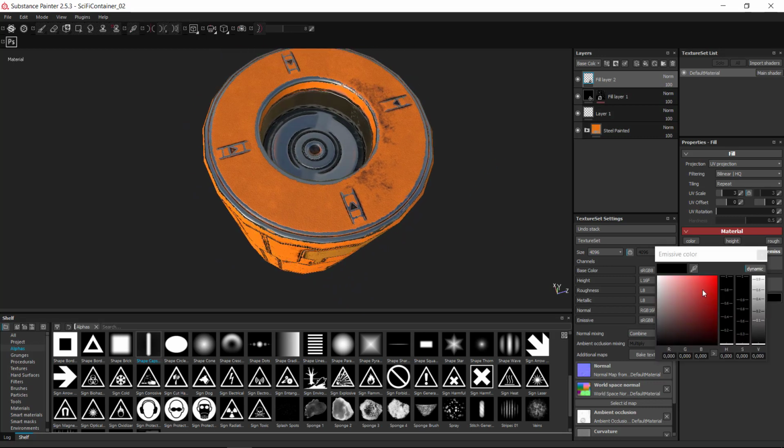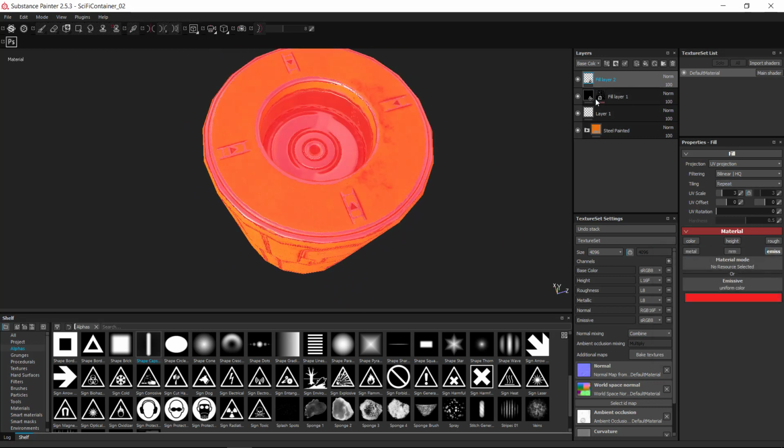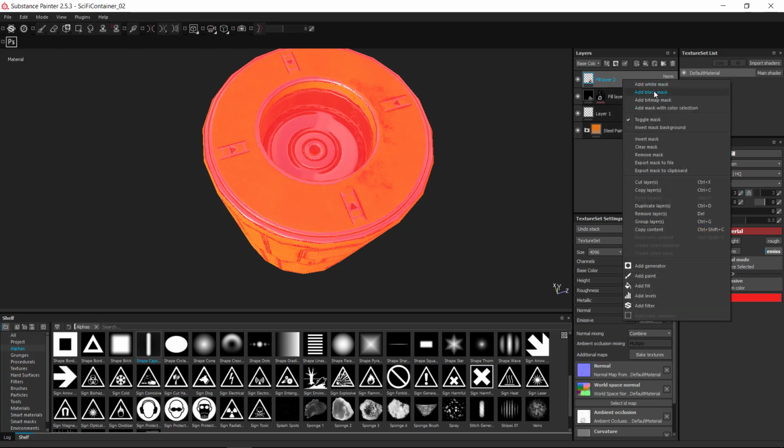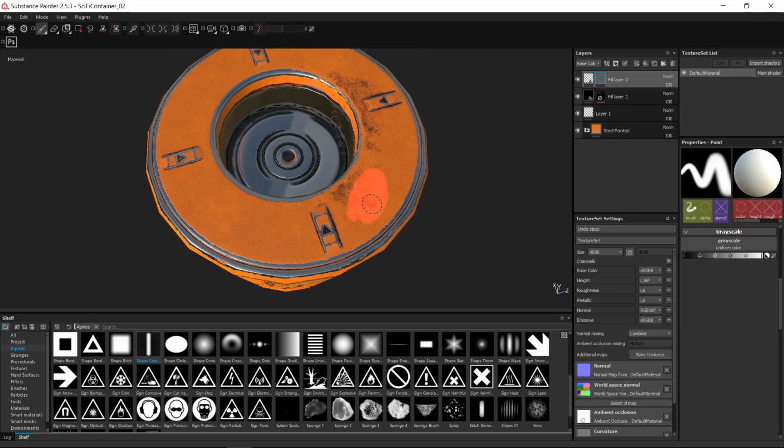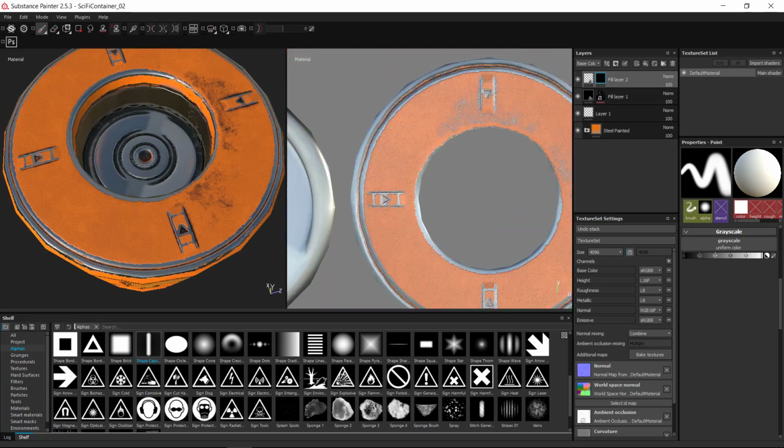And we can select the color. And then I'm going to fill this with a black mask, which would make it just invisible. And then whenever I start painting now with the white color, I will be revealing that emissive channel, or that emissive layer. So let's just go to F1